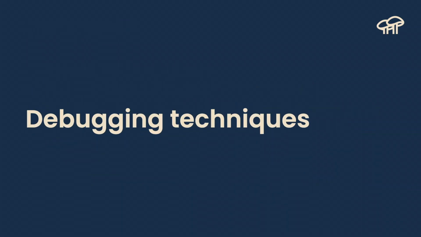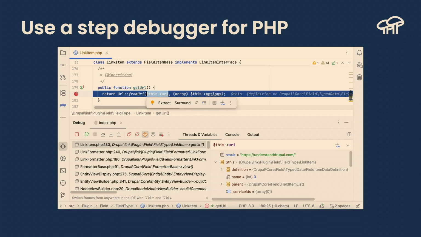So let's focus a little bit on some practical debugging techniques. These are screenshots. I'm going to actually demo these later, but just to mention it, use a step debugger for PHP. On the bottom right, you have the option to see and explore all the variables that are available at this point in the debugging process. On the bottom left, you can see all the stack trace, all the functions that led you to this point